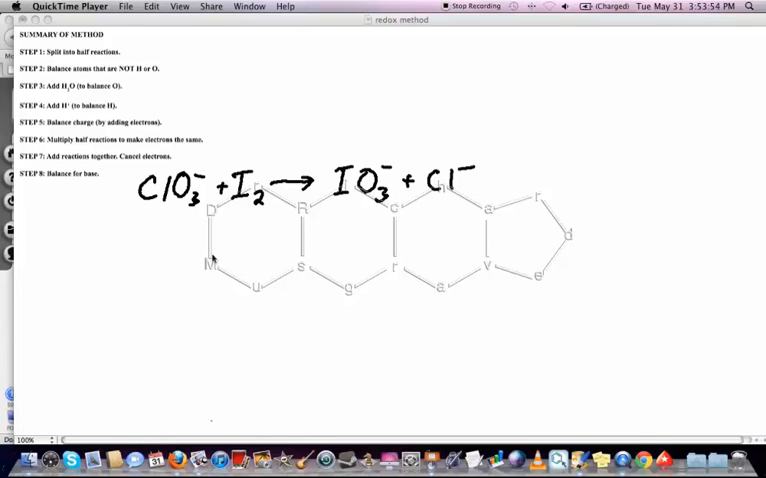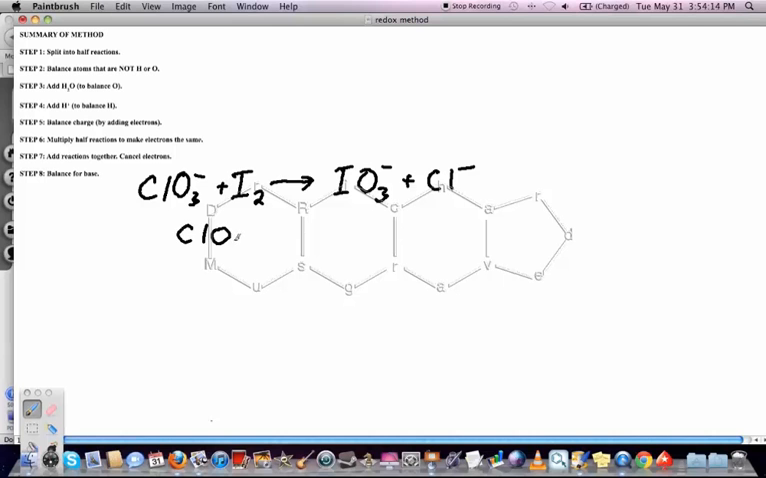I'd like to give you another example of a redox process. So again, we follow the steps here. First of all, we split it into half reactions. We recognize what's being oxidized or what's being reduced. And we're going to have